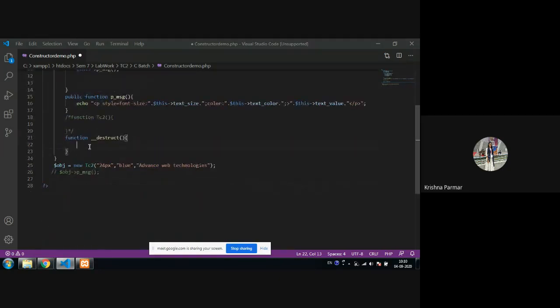So here we are not using this program related to the database and file operation. So what we can do, we just print out the data so that we have an idea whether destructor is calling or not. So I'm giving echo, then br, then I'm printing one message that is destroying, and the name of my text, that is this and text underscore value.